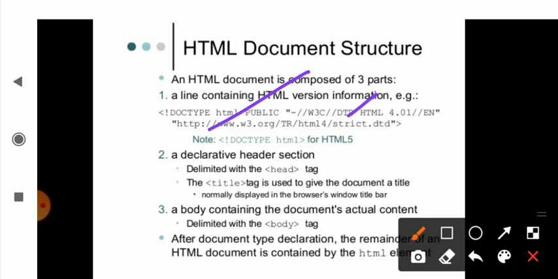DTD is nothing but document type definition, and the encoding is specified in the document type. It used a stricter format of HTML, and you had to follow that particular format only, which is the strict dot DTD.